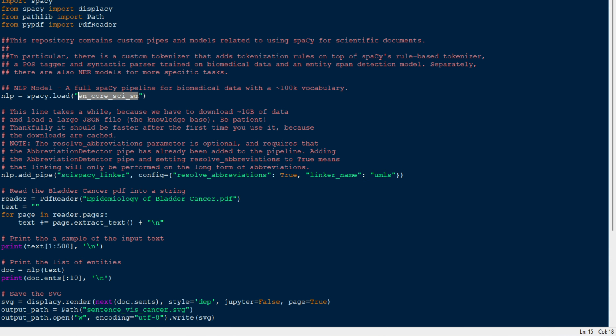This has been trained on the biomedical data. So this is a biomedical one related for topics related to medicine, genetics, biology. The idea is we have this processor, and then we can add additional tools onto it, such as this abbreviation